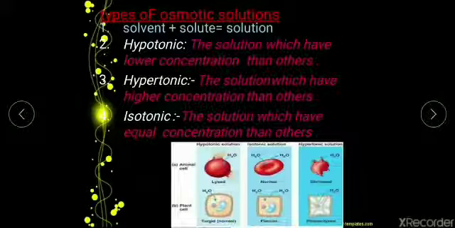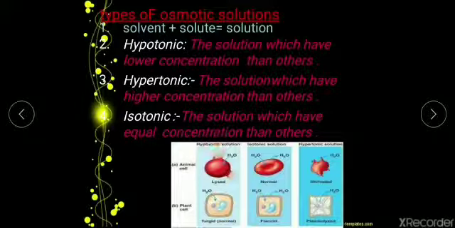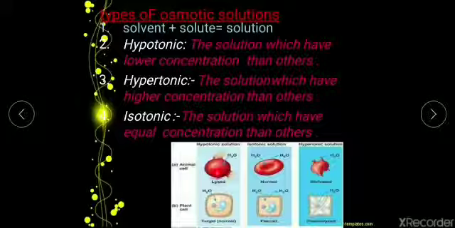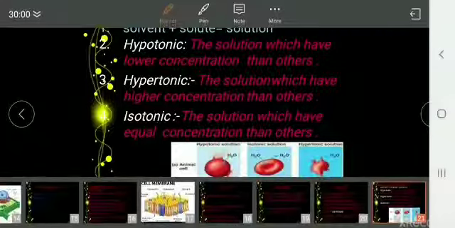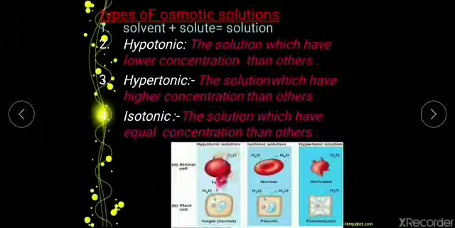So here from the diagram you can understand कि in the first condition, suppose I am considering the first condition, hypotonic solution. So in that case you can see, because outside concentration of solute is less and the concentration of solvent is more. So as a result of this what will happen, the water will enter inside the cell, because inside we have more concentrated, outside we have less concentrated. So this is a condition of hypotonic. Okay, so water will enter inside the cell to maintain the balance, and as a result of this the cell is going to imbibe, it is going to swell out.